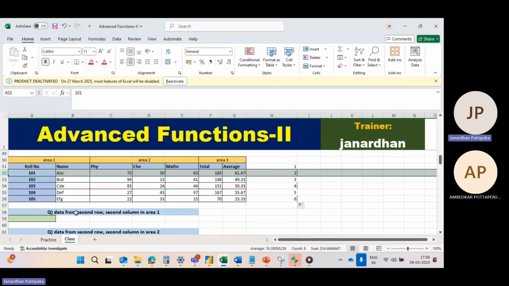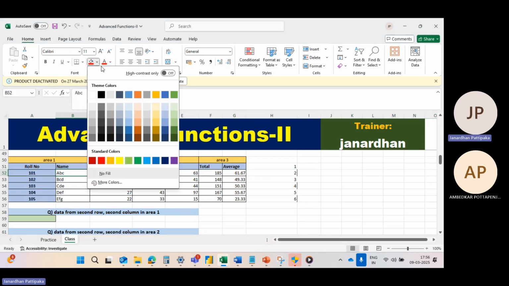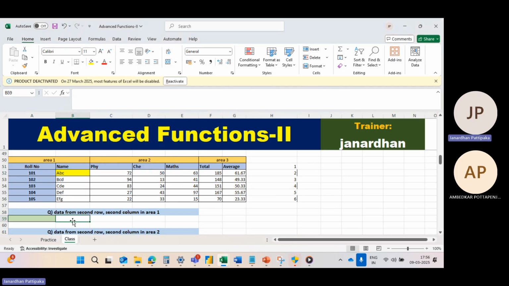So he is asking I want to get the data from second row. This is the second row and second column row number. That means ABC. He is asking I want this output as ABC. How will you write the formula? By using this INDEX function. So when multiple rows are involved, you will write the formula like this, is equal to